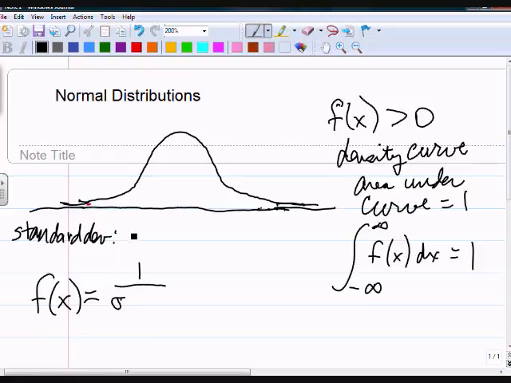We're going to write standard deviation for the normal curve and for populations as a lowercase sigma. So it's 1 over the standard deviation times the square root of 2 pi times that lovely number e that we use a lot to the negative 1/2